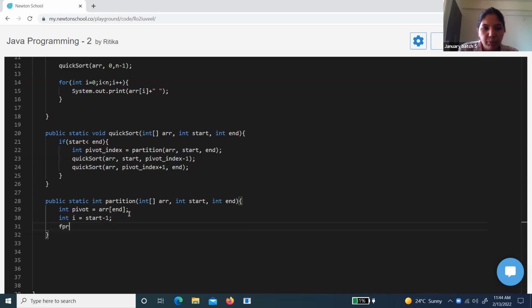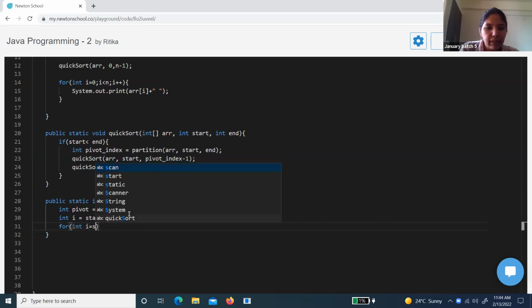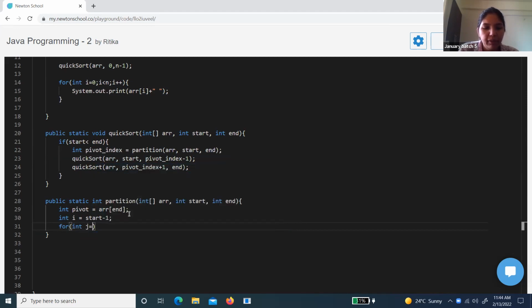We will put a for loop, because one by one we are going to compare. So we will say int j equals start. Sorry, we have already used I. j less than or equal to end minus 1. Why? Because end index is the pivot element. Now, if ARR of j is less than pivot,